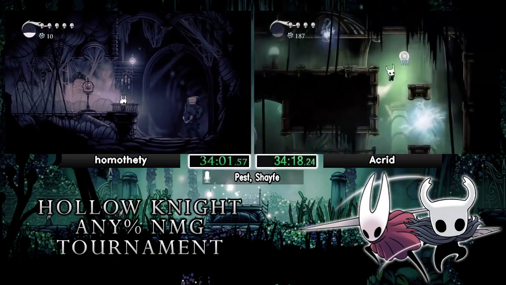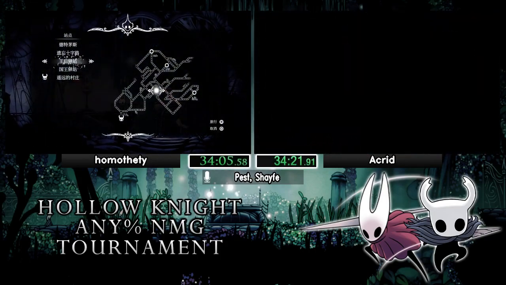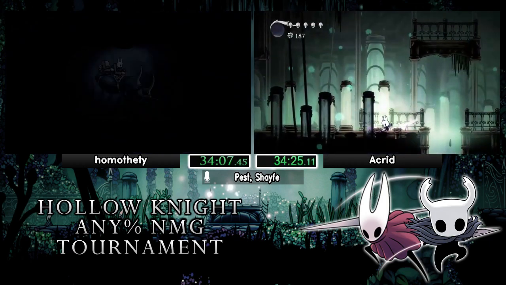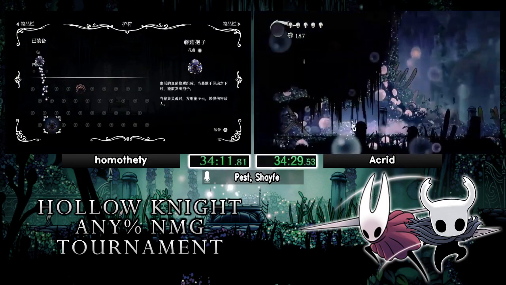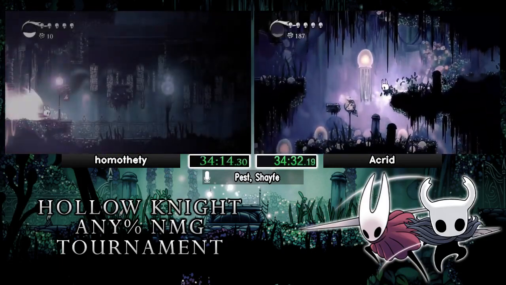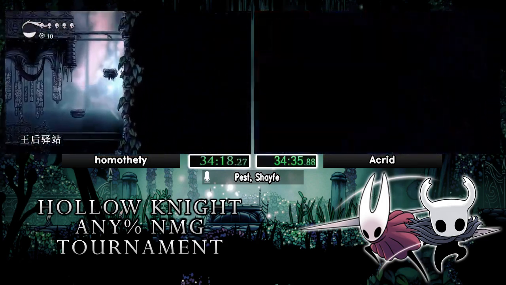Acrid got really unfortunate on the spawn of that jellyfish. Yeah, I just wanted to give it a little kiss. Alright. Homothety is running out of Queen's Garden. Acrid is running into Queen's Garden, or Queen's Garden Beast Den. Yeah, so the route, poetic in a way, the route that Acrid takes here does the Queen's Garden access trick that we talked about, which is...